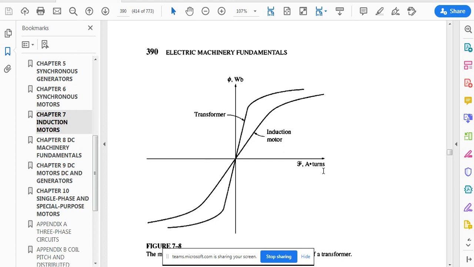Hamza, can you answer this? I will give my answer afterward as well, but Hamza, can you tell me why there is this difference between the transformer and the induction motor? Sir, the transformer's material, we have used more of it. No. Sir, the benefit is coming more from the low MMF there.